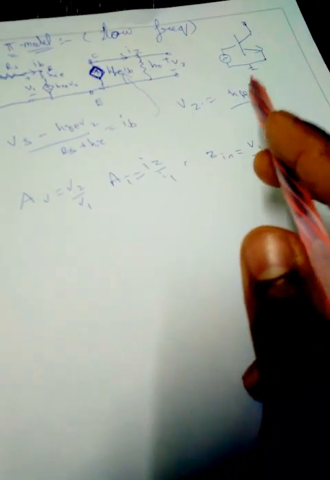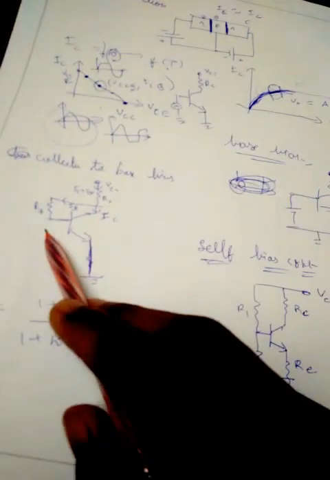So let's get back to our past discussion of DC bias. Here we can see this transistor circuit is not in accordance with this circuit, so we cannot apply all this analysis at a time to a single circuit. So what we do is, for AC analysis we make the circuit look like this, and for DC analysis we make the circuit look like this. So let us see how we will make this circuit look like this in DC analysis, and like this in AC analysis.